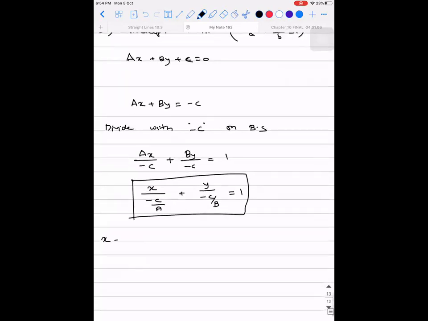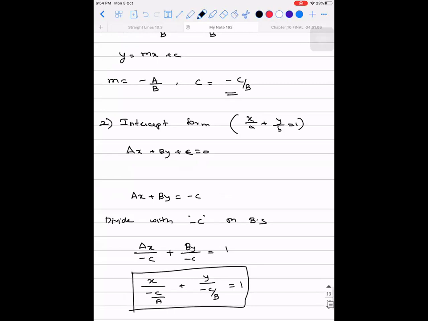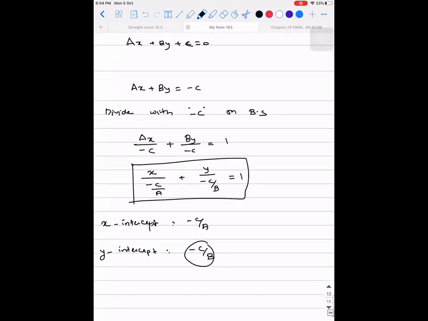Then the x-intercept is how much? Minus c by a. Y-intercept is how much? Minus c by b. If you observe, this minus c by b, we got it in the previous expression also. The y-intercept is the same. So howsoever you manipulate and write, you're going to get the same thing. One important conclusion from all these things is that whether you write in intercept form or slope point form or slope intercept form, every equation is the same. It is only different ways of representing.